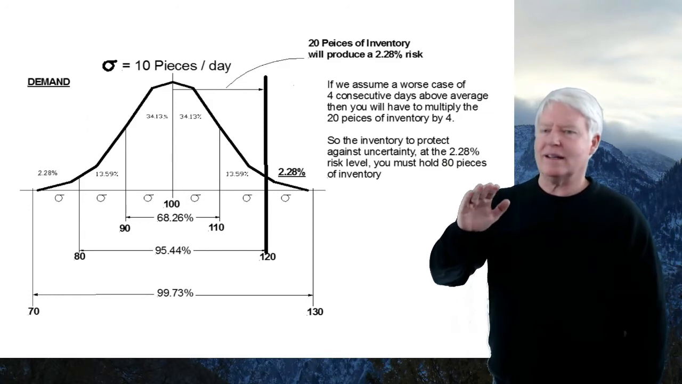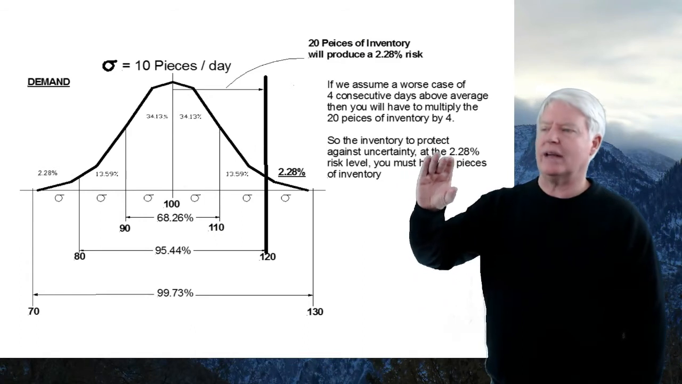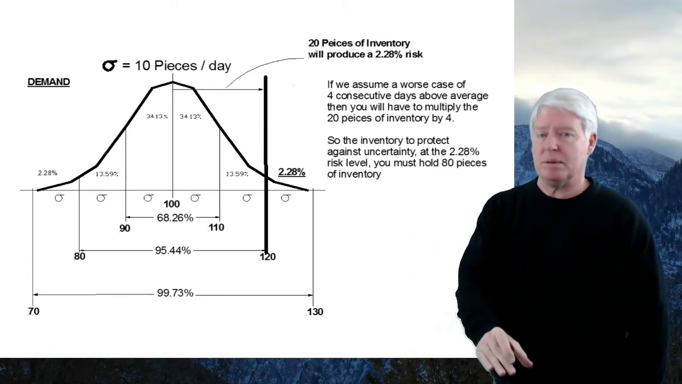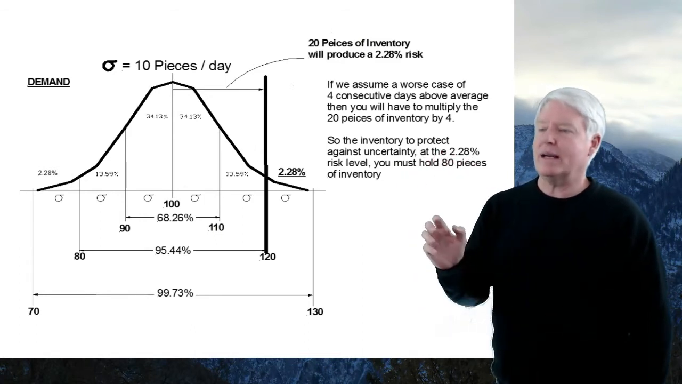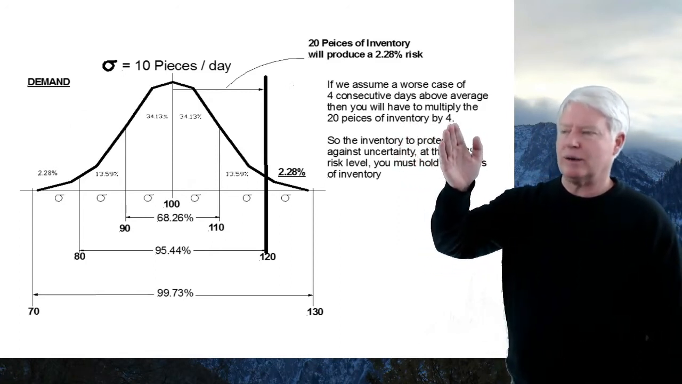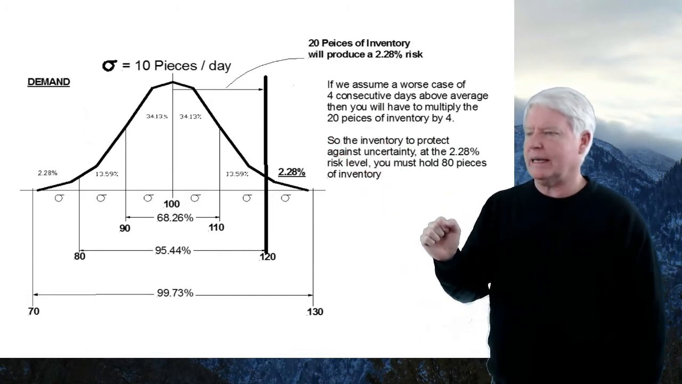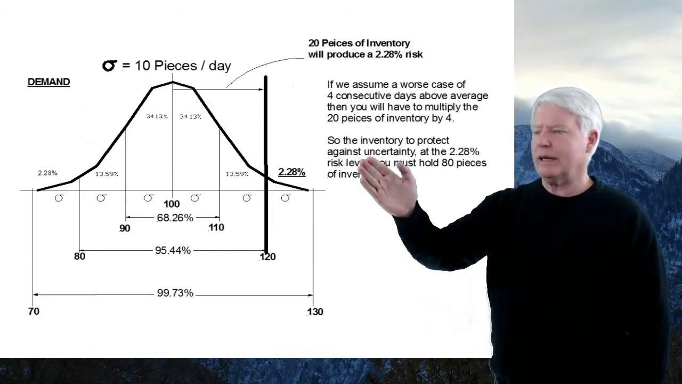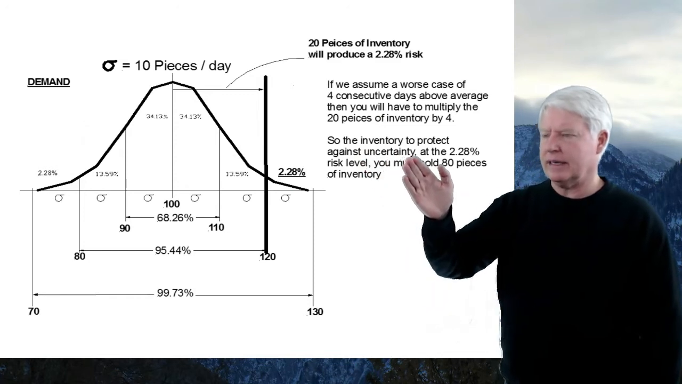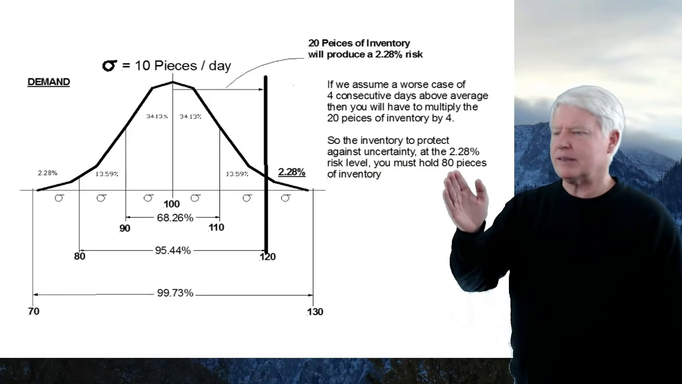Of course, you're more likely to get half and half, but it's not unusual to have 4 above, then it finally drops below. So you may create your own assumption for your project, but for this make-believe project, I'm going to assume 4. So to be safe, I'm going to multiply the 4 times 20. So the inventory to protect against uncertainty, the safety stock, at the 2.28% risk level, I must hold 80 pieces